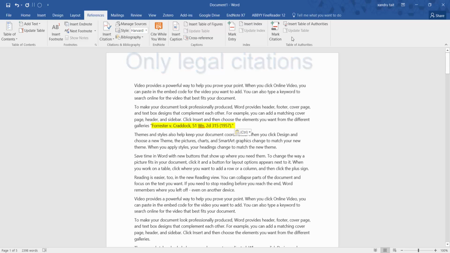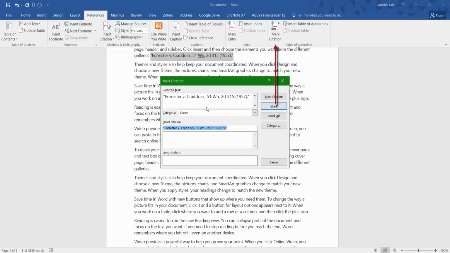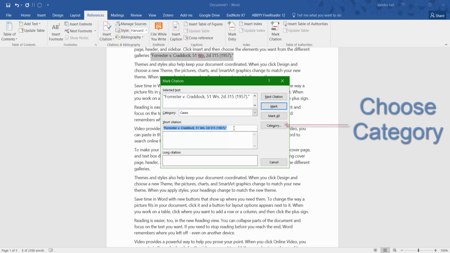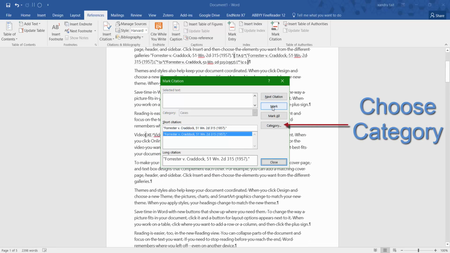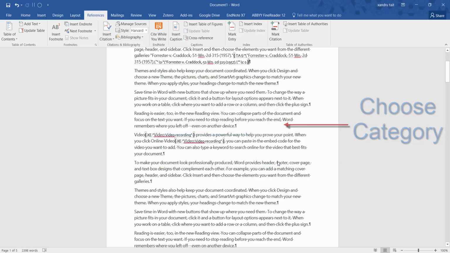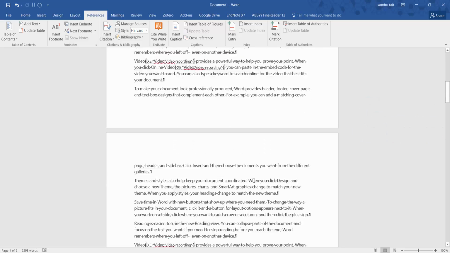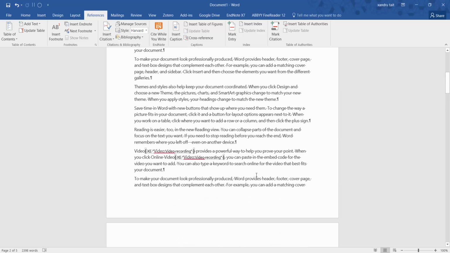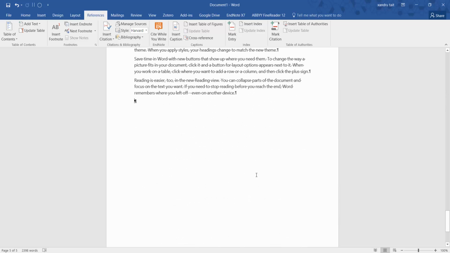So what I'm going to do now is use this option here, so I can highlight the legal citation, and what it's doing is creating a list for you. Click Mark Citation and it brings up the window. So then you can mark all your citations. If you've got more legal citations, click next. Here we go to each one. You can create a short citation if you want. Click mark, and it marks it. Then click close. Now if I click Control End, it takes me to the bottom, and